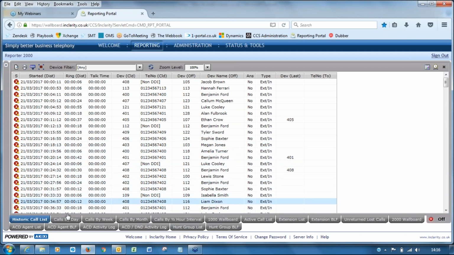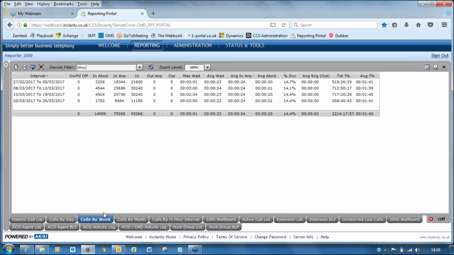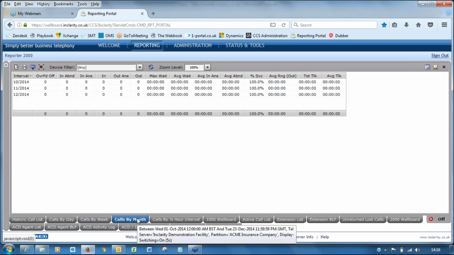So as historic reports, you've got the CDR reports. They also do some daily summaries. So here I've got, for a wider period, every day it's summarized some activity, and I can go wider. Over a wider period, I can get weekly summaries, monthly summaries,